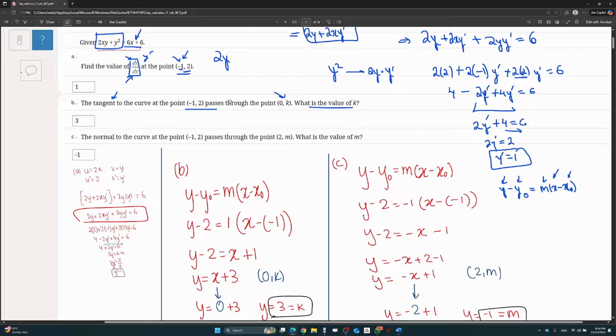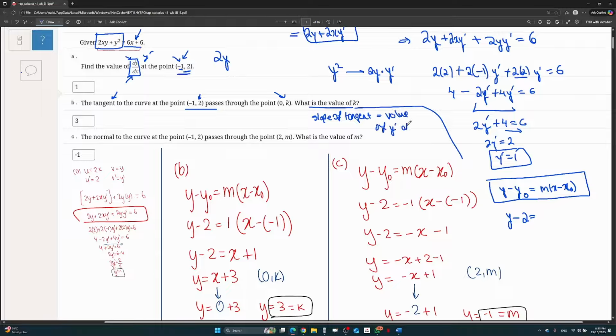Okay? Anyways, what do we need to find? We need to find the point on the tangent. And to do that, we need the equation of the tangent. So that's why we find the equation using this. So we say y minus y node, what's the y node? 2. So y minus 2 is equal to m, the slope. Isn't the slope of the tangent, we discussed this so many times. If you're in 12S and you don't know this, it's a bit embarrassing. The slope of the tangent is equal to the value